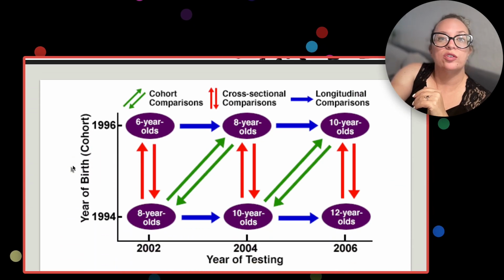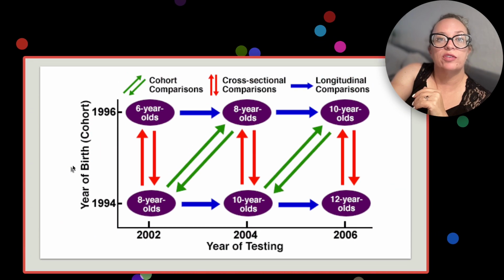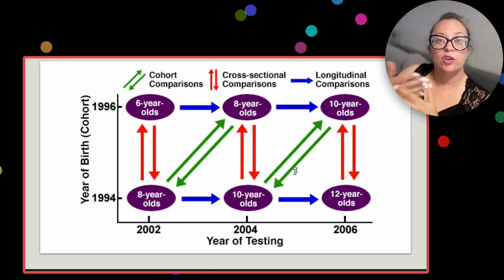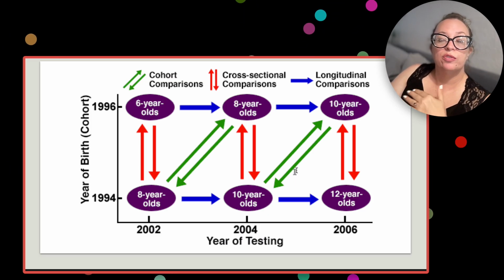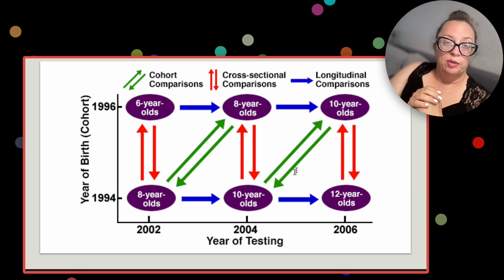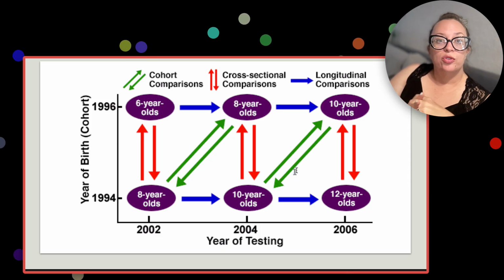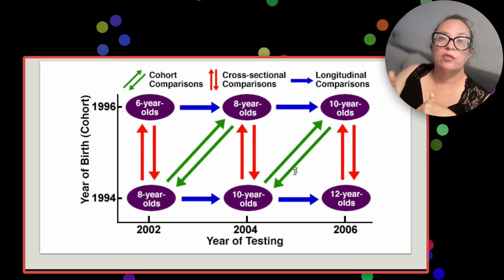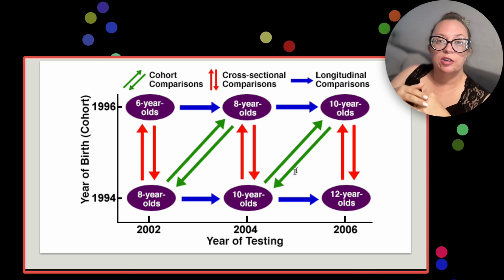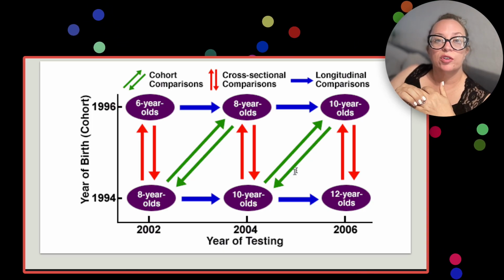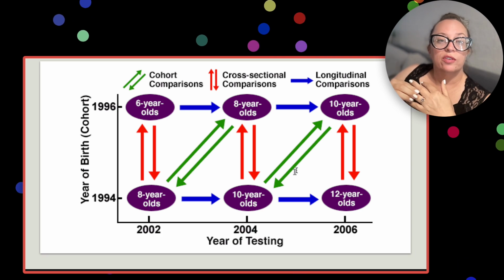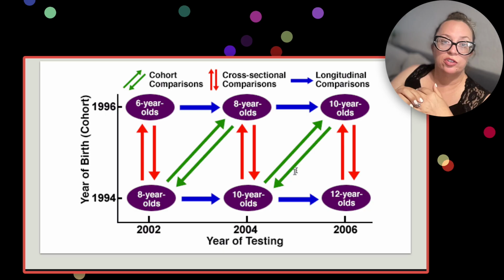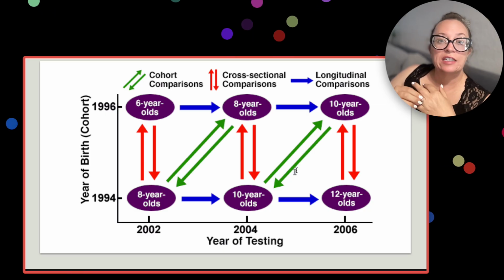So here's a wonderful infographic comparing the different types of comparisons we can make. We have cross-sectional comparisons in red, comparing two different age groups at the same time. I mean to say we have cohort comparisons, not something that we talked about here, but comparing across years to those of the same age. Then we have in blue here longitudinal comparison, so looking at the same individuals as they age